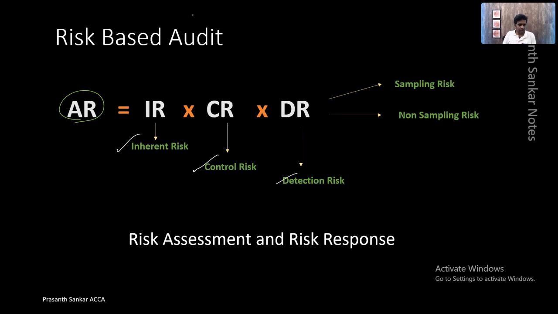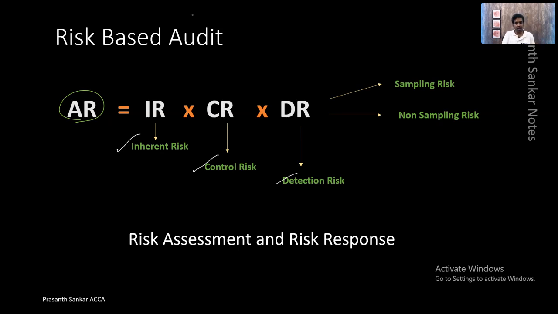Now, what is inherent risk? Inherent risk is the risk associated with the company itself, the risk inherent to the business or the audit that we are getting from the company. For example, if the company is following a specific standard, that is an inherent risk, because they might not be accounting for the standard properly. If the company is a banking company, banking companies are high risk companies. If the company is a public limited company, it is a high risk client for us. Why? Because it's an inherent risk.